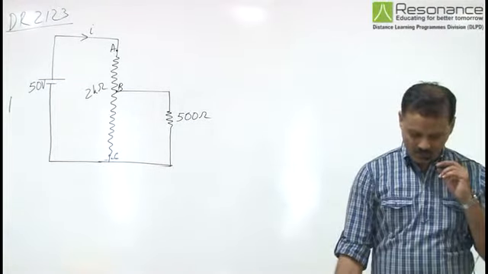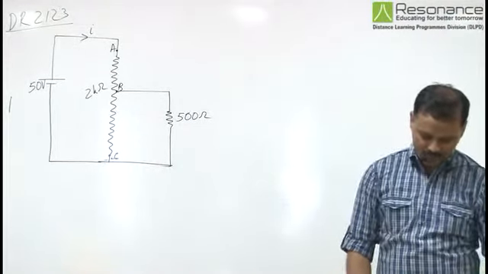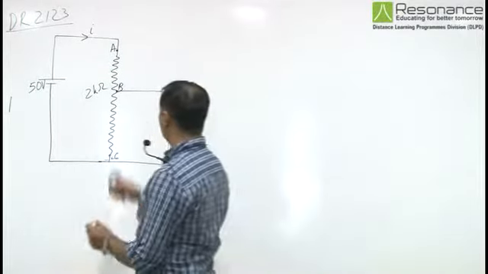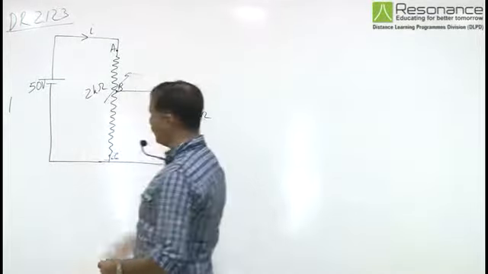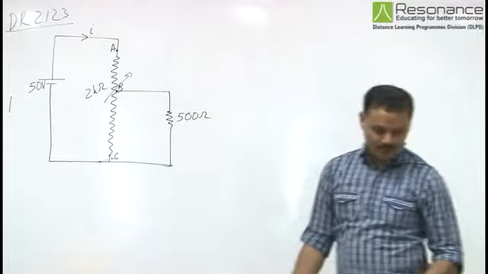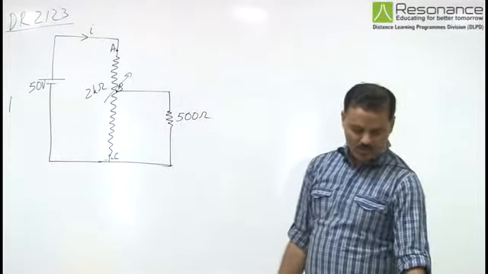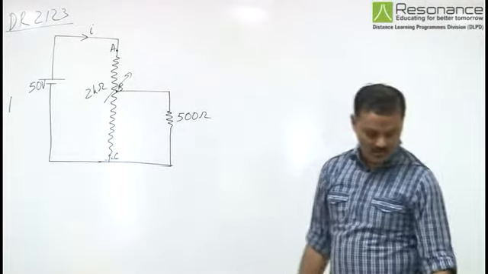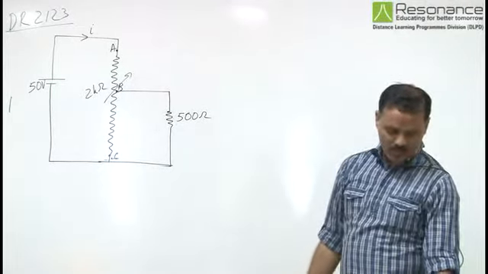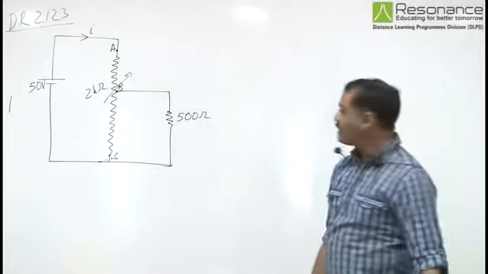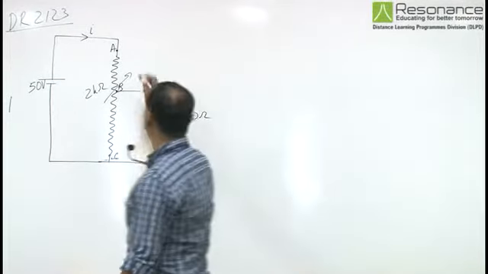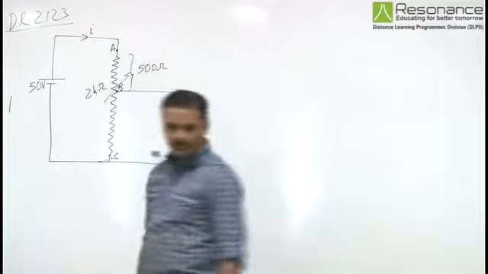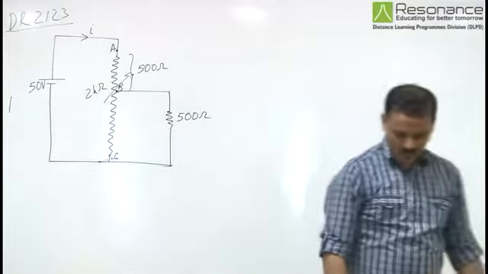Now the question is, there is a figure given where there is a rheostat. This is the variable resistance having resistance 2 kilo ohm, which is used to control the potential difference across this 500 ohm resistance. Now the question is, if the resistance of AB, if resistance of this portion is 500 ohm, then what is